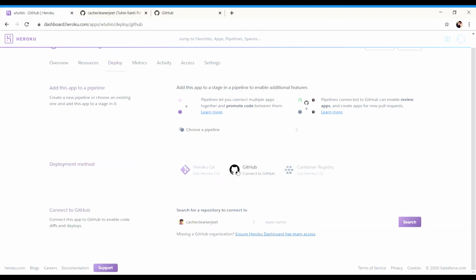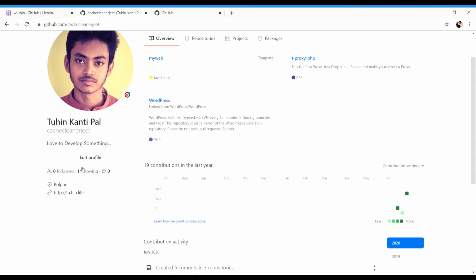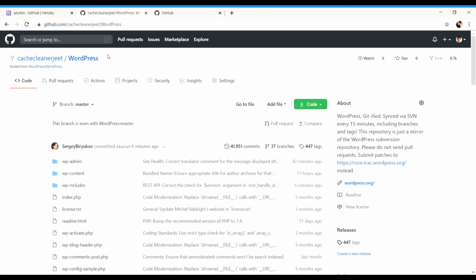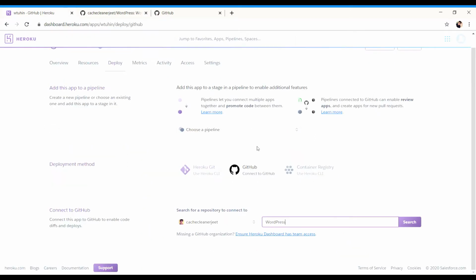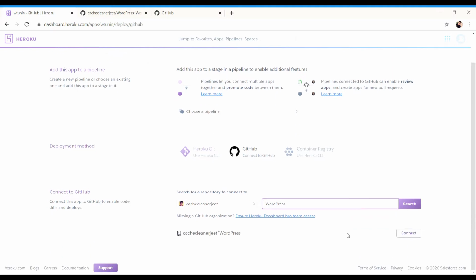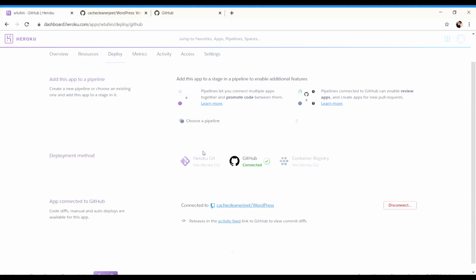After that you have to tap GitHub, and I have already connected my GitHub to Heroku. So this is your WordPress, just copy it, paste it and search it, and it will be found in the search result.